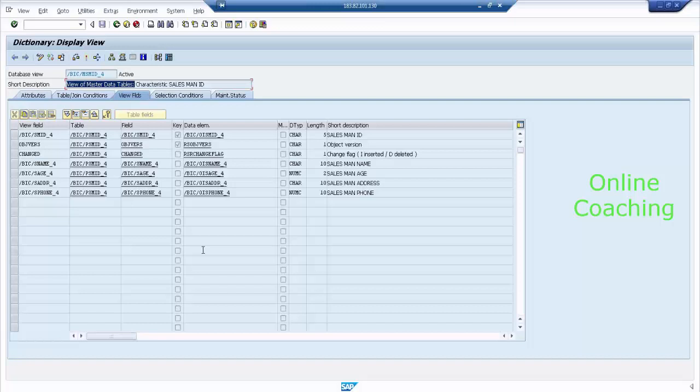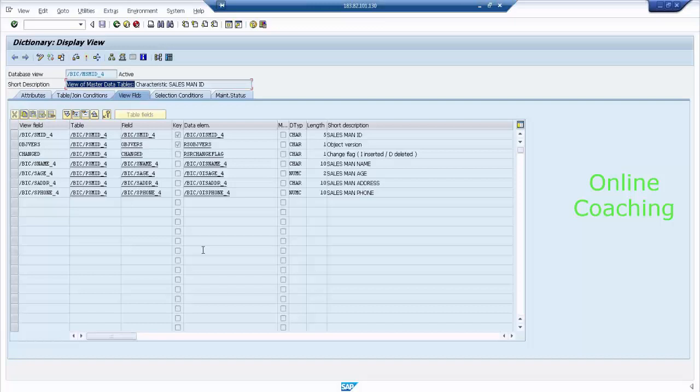But that is possible in a table also. Sai and Sureka, you guys need to unmute. Okay, fine. The major difference between view and table: